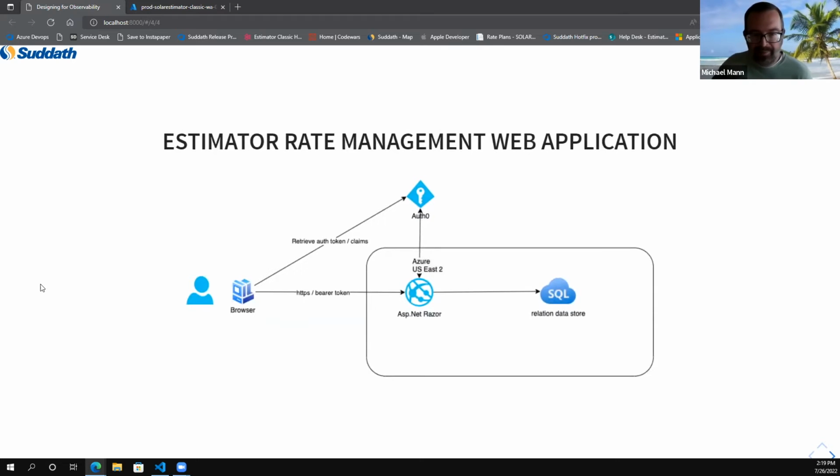We've got our rate management web application. This is much simpler, right? You've got a very simple web application, again Auth0, and then you've got this ASP.NET Razor application. I know I talked about how we had Angular SPAs as our primary web application framework, but this was built a while back, and so it was implemented in ASP.NET Razor Pages, which is fine. So this is a much simpler